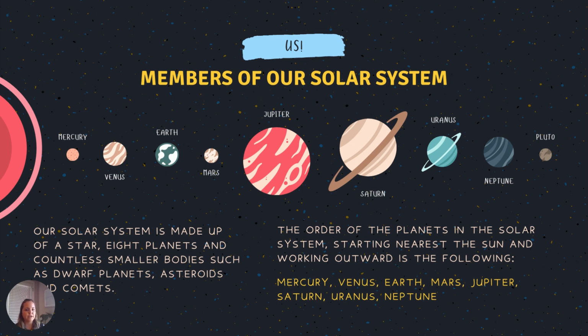All right, so here's a look at our solar system planets. So we know that we live on Earth here. It's the third planet from the sun, right? So we have Mercury, that's closest to the sun, Venus, Earth, Mars, Jupiter, Saturn, Uranus, Neptune, and then Pluto's on here for fun, but it's not technically a planet anymore. But it is one of the larger other masses that's not considered a planet in our solar system.